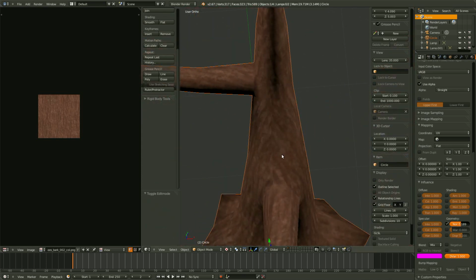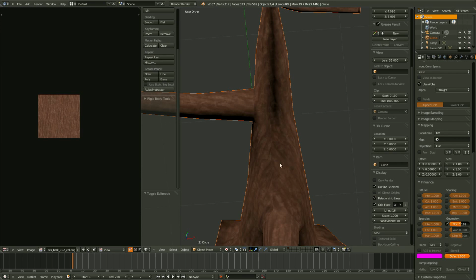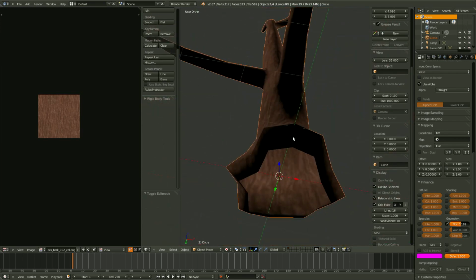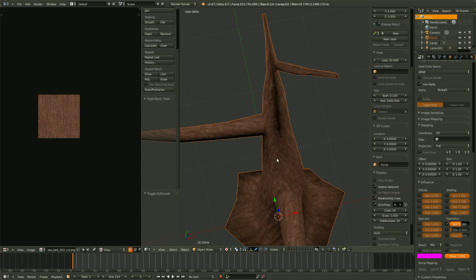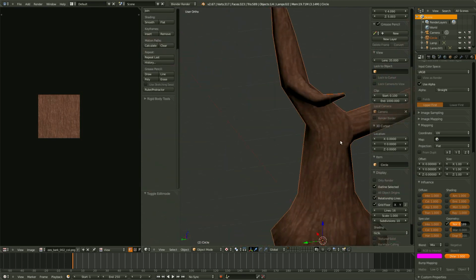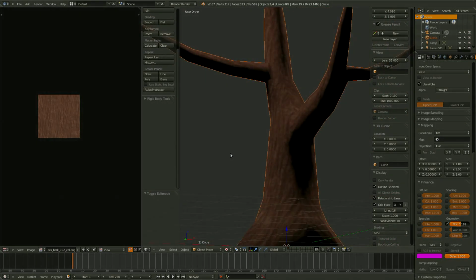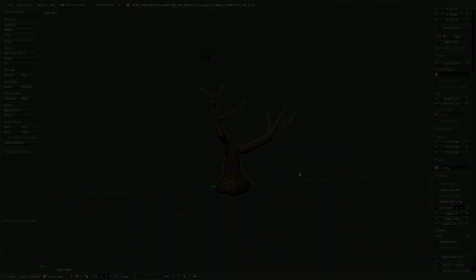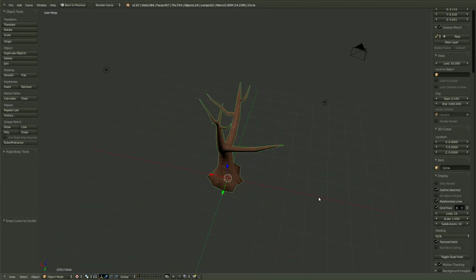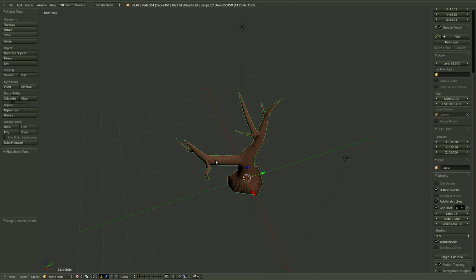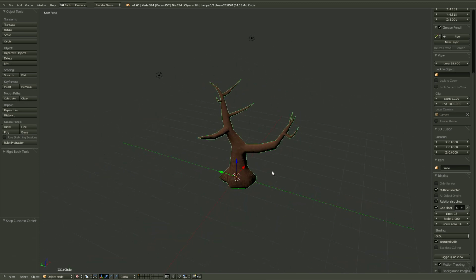And notice, as I was saying, right along that seam, there is a seam still. But because it's up on top of the tree, where our player hopefully is not going to be, no one can see it. Okay, so now that we have an effective trunk here with some larger boughs sticking out, it's time to get